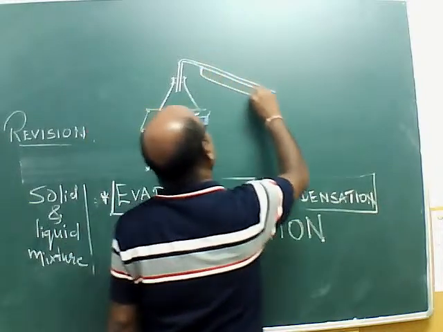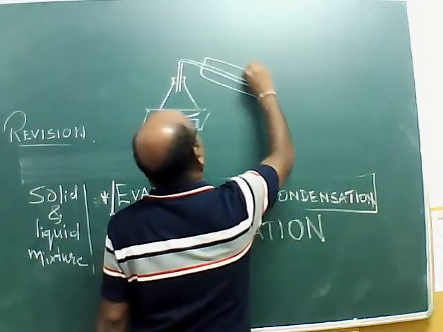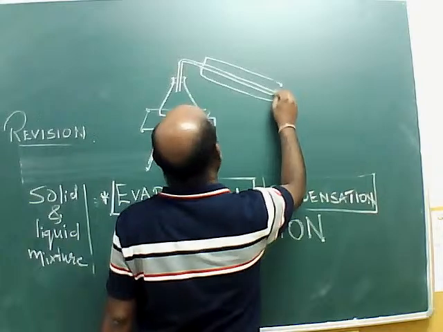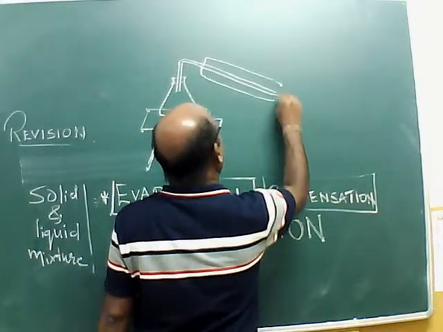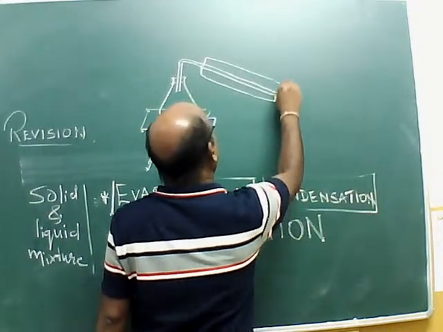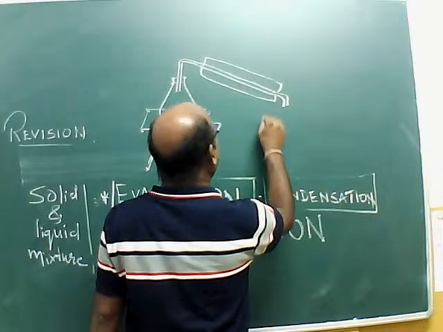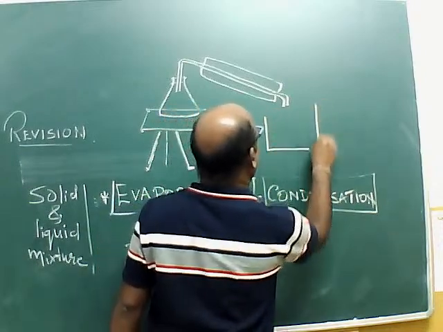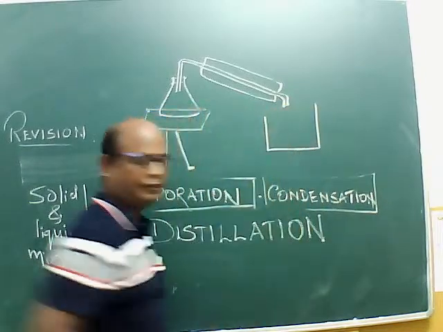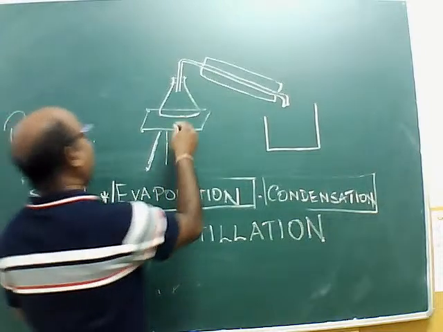This is the Liebig's condenser. Then what will happen? This is the opening of the bend tube. Here is another container, bigger. So what will happen? We will find here